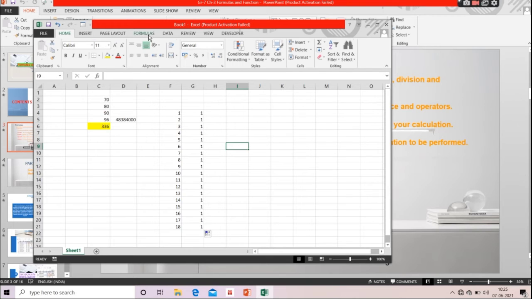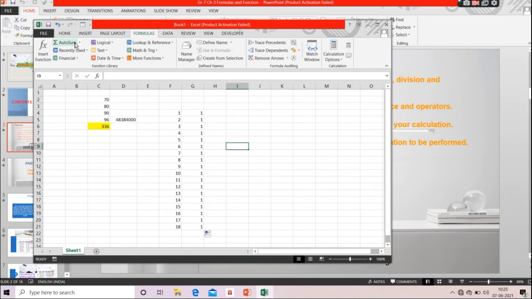Okay, you can have some formulas here. AutoSum property is also given, that also you can do directly. Or else you can do these two calculations individually, equals to this one plus C4, only these two, 70 plus 90, how much will it give? 160. This is how you can do the calculation in Excel.